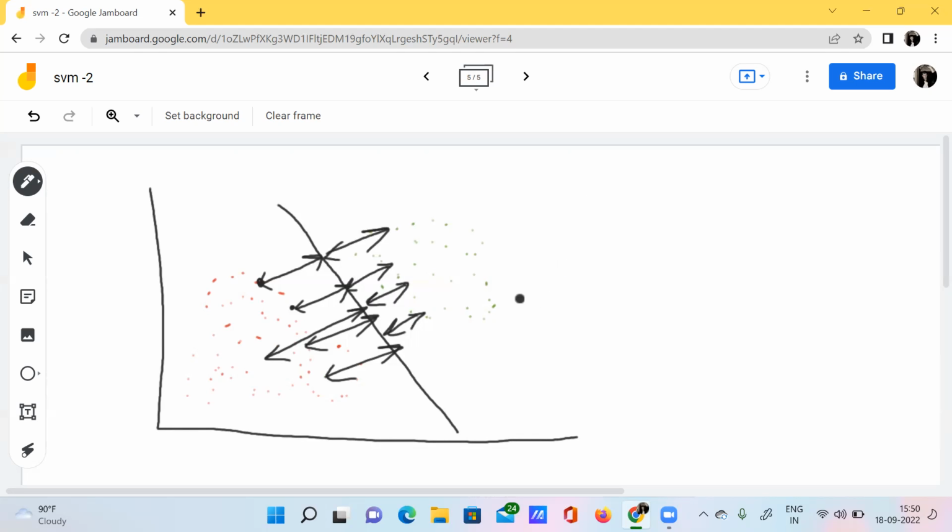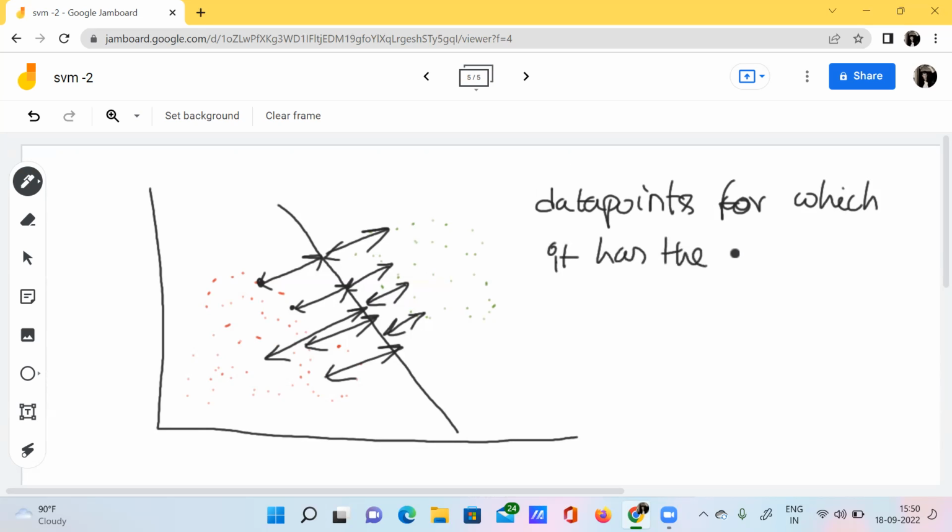Then I can find out the data points which have the minimum perpendicular distance to the hyperplane.